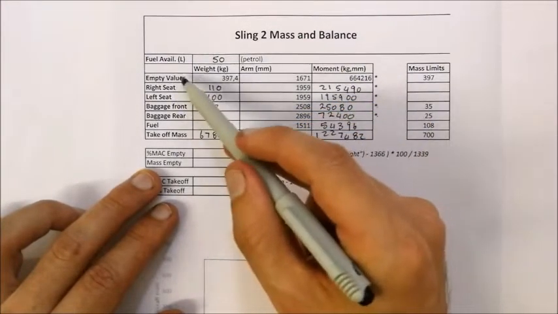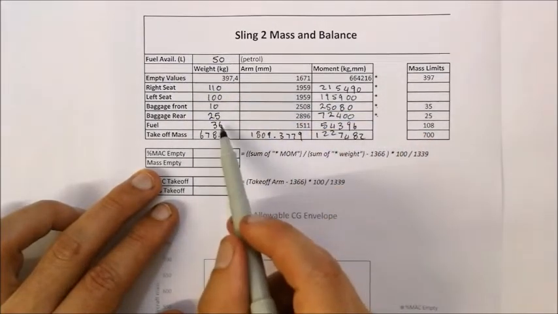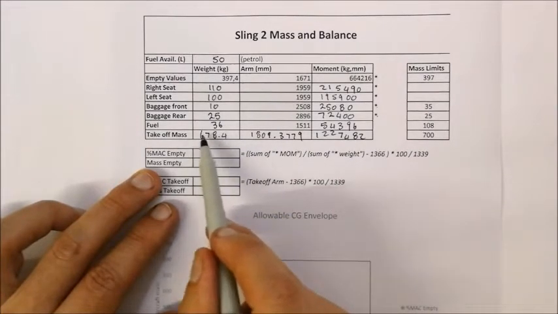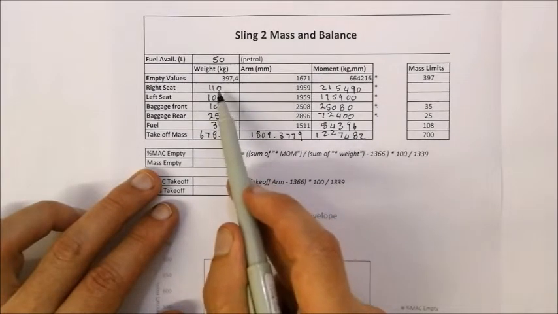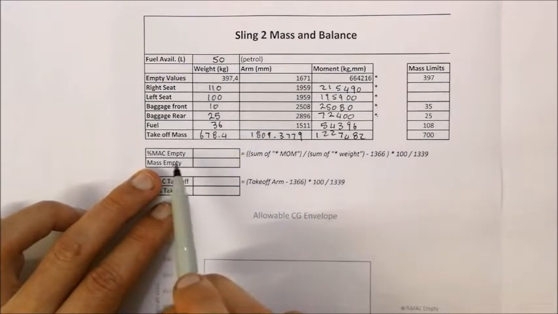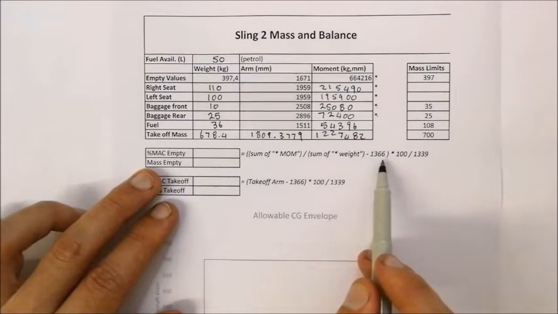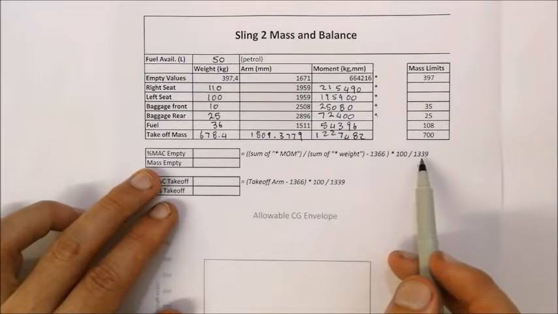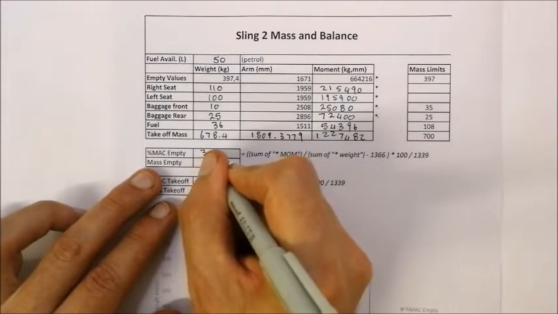So remember, the empty value of the aircraft weight we're going to take into account as well, except for the fuel weight over here. So we can't go and take this final takeoff mass value, it won't work. So it's going to be 397.4 plus 110 plus 100 plus 10 plus 25. Okay, and then once we've calculated that, we're going to subtract 1366. We get an answer, multiplied by 100 and divide by 1339. And we will get an answer of